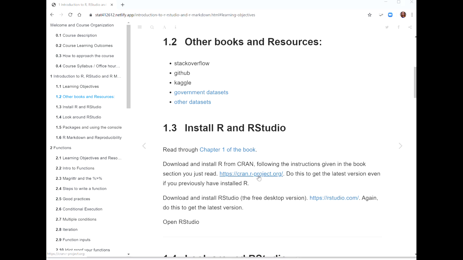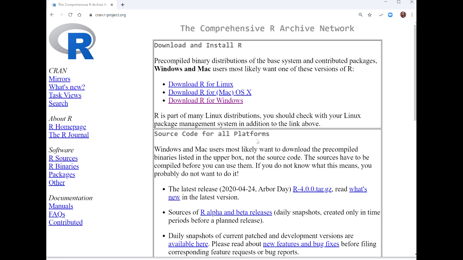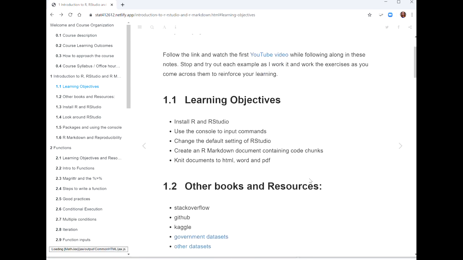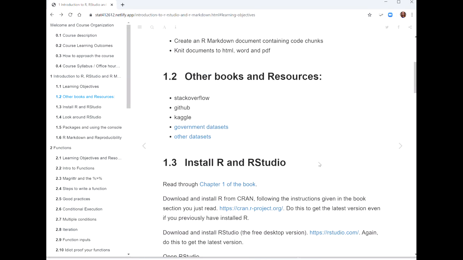So when you go to CRAN, you will be taken to this site, and so you will choose the appropriate version of which one you want to download. Okay, so go ahead and download and install that, and then come back and rejoin, and then you are going to go to RStudio,